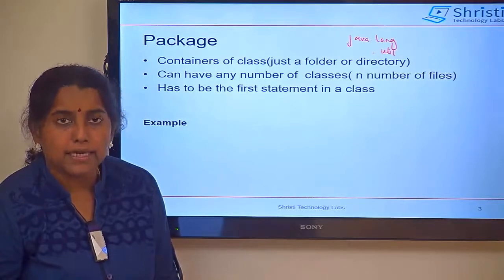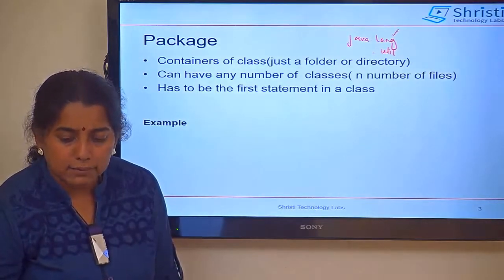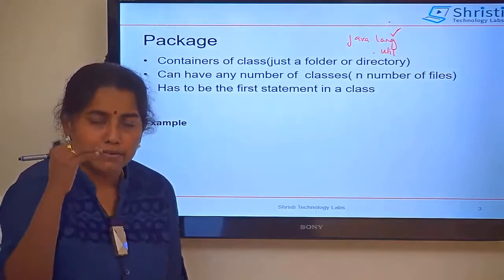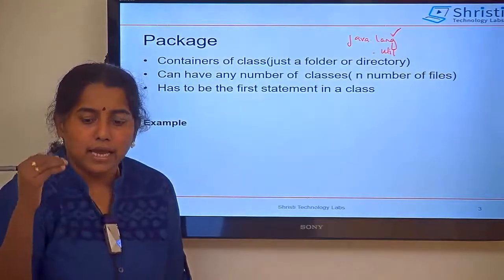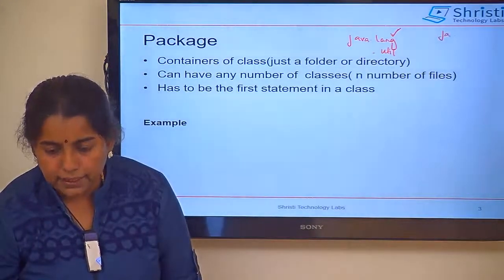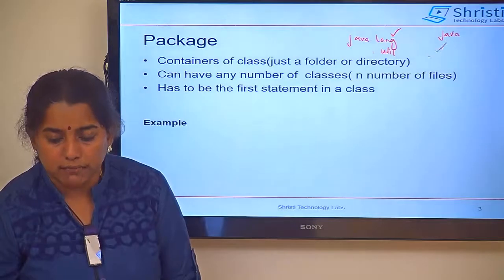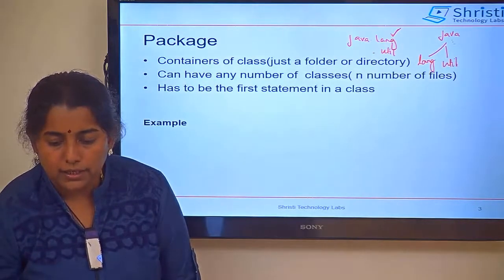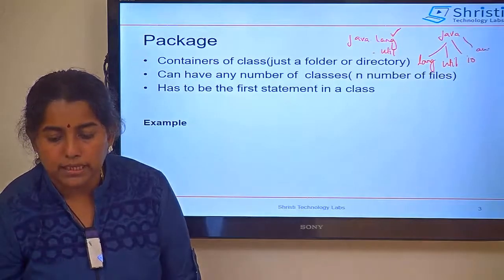Java.util is a package. Java.lang is a package which is getting imported by default. What is Java? Java is a folder, lang is a folder. Again, Java is a folder, util is a folder. In the Java API, the top level folder is Java, below which you have got lang, util, IO, AWT and